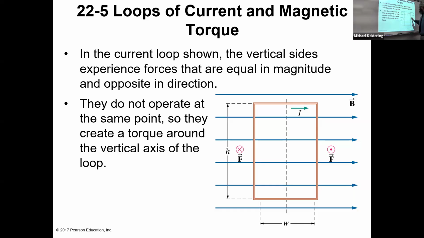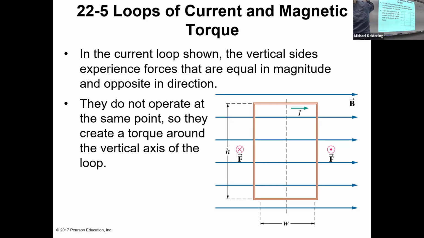And so, given the magnetic field is pointed this way, here the magnetic force is into the page. And here the force is out of the page. And here this is parallel to the magnetic field, so nothing happens there. Because they're not operating at the same point, they create a torque around the vertical axis of the loop. So you have a torque,